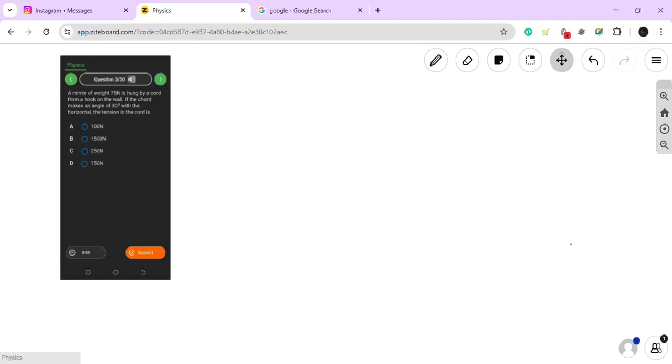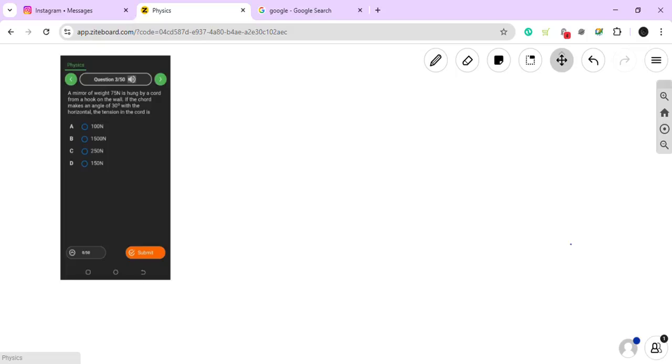So I'm going to solve this. I will be solving these questions for you and explaining in depth. Alright, the first one says a mirror of weight 75 Newton is hung by a cord from a hook on the wall. If the cord makes an angle of 30 degrees with the horizontal, then the tension in